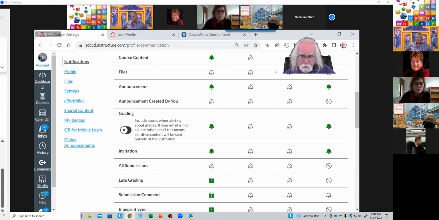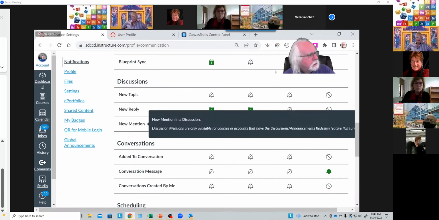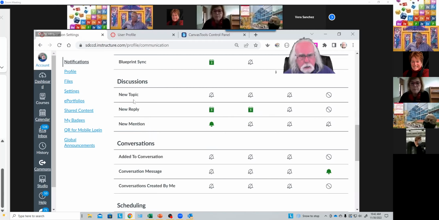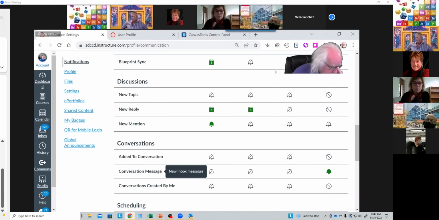Students can be informed when you grade something, or when a submission comment is posted. Again, a lot of these are focused on students, but not all of them. One that's particularly important is the conversation message event. If you receive a message in your Canvas inbox and you have this conversation message notification activated,